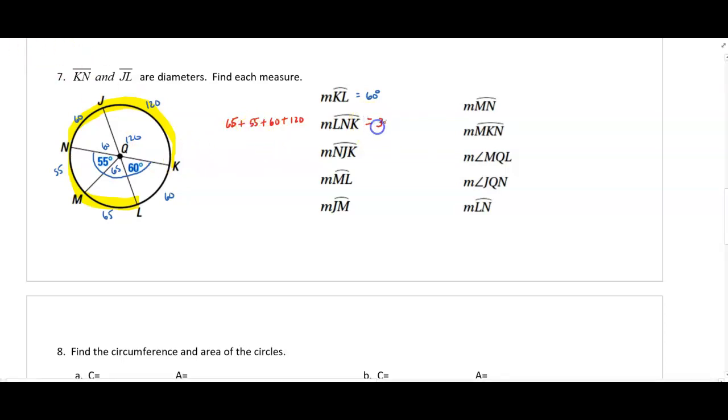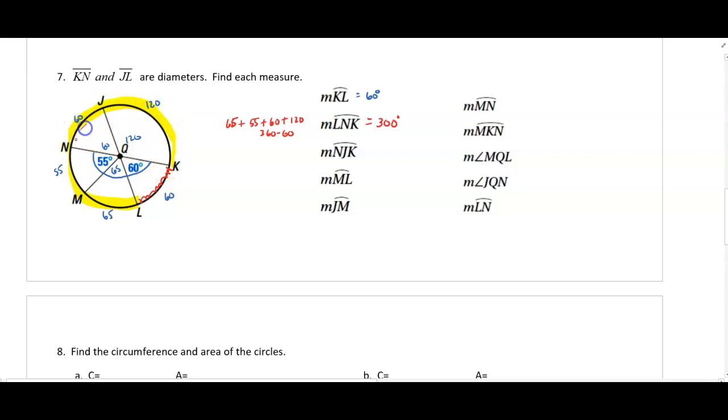That's going to give me 300 degrees. The other way to do this problem is, if you're including all of these arcs except this one, can't I just take 360 and subtract that 60-degree arc and get 300 degrees? Okay,